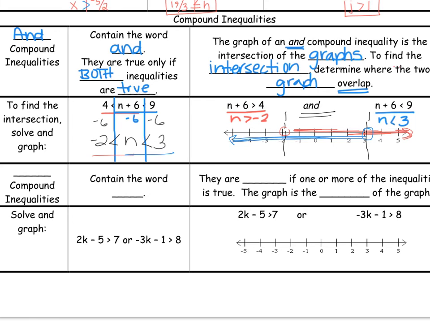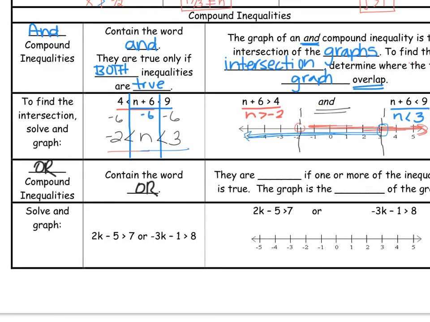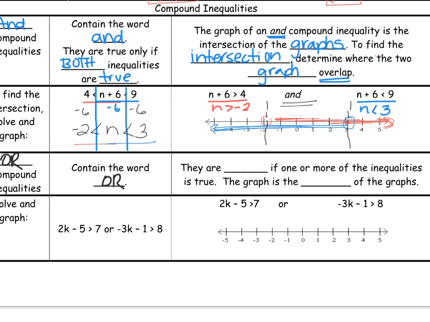It will work in the equation n plus 6 is greater than 4 and in the equation n plus 6 is less than 9. The other type of compound inequality is an OR inequality. And how do you know if it's an OR? It'll say it. The word OR has to be in there. It has to contain the word OR. And OR inequalities are true if one or more of the inequalities is true. The graph is the union